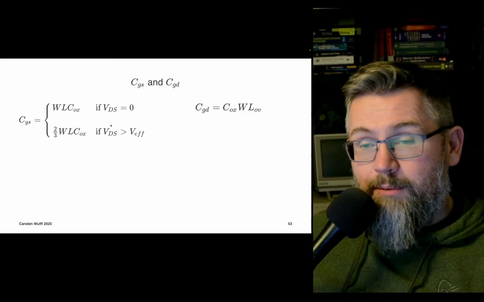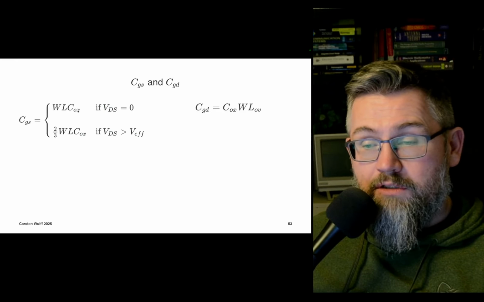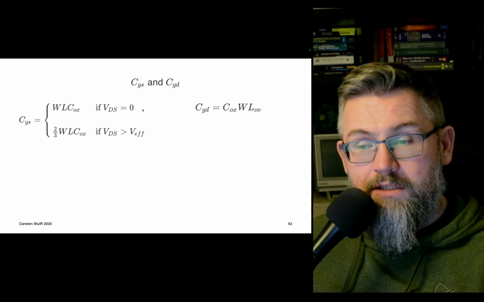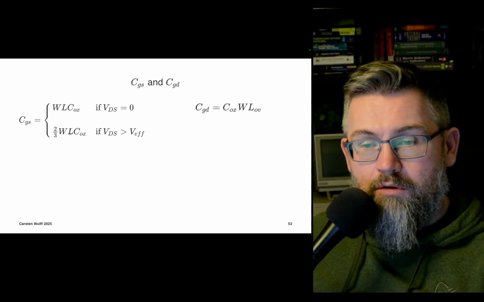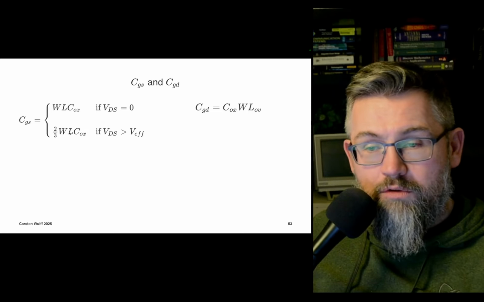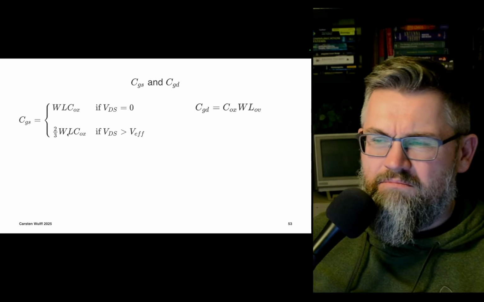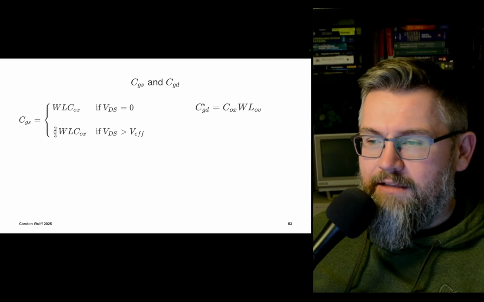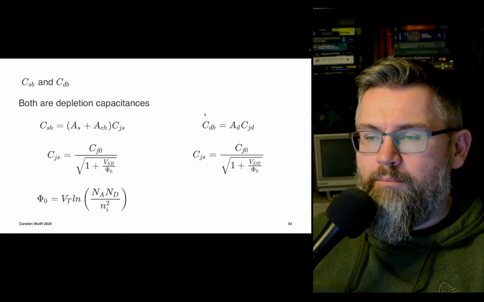Now, we can estimate these. For the CGS, it's roughly the width times the length times the C oxide. That's if we're at zero drain source voltage. So that means that we haven't pinched off the channel. As we pinch off the channel, we reduce the capacitance. We reduce the capacitance, and we can see that the gate drain capacitance, that doesn't look very big, but we'll